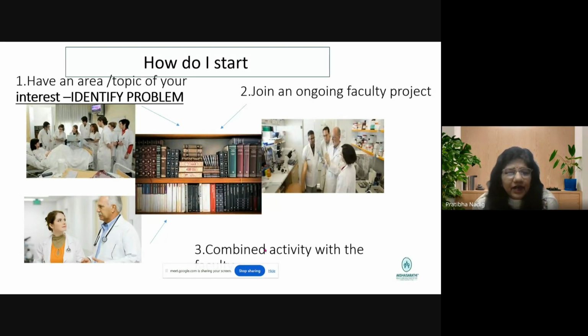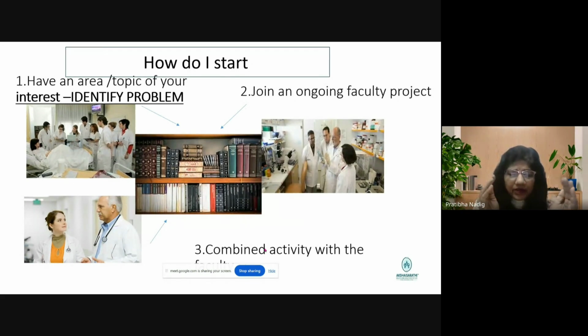Another thing which I felt was you can do both. Faculty may not be working, but they would be interested in helping you, and they are also waiting for somebody to join them. So you can take the idea, go to them, take the research papers. That may trigger an interest in the faculty also. This has happened, and this is very commonly happening. So together you can team up, and then you can study more, and then come back and discuss with your mentors.